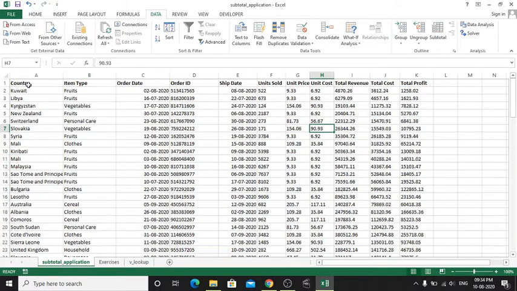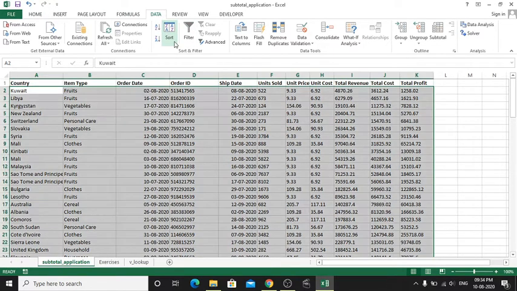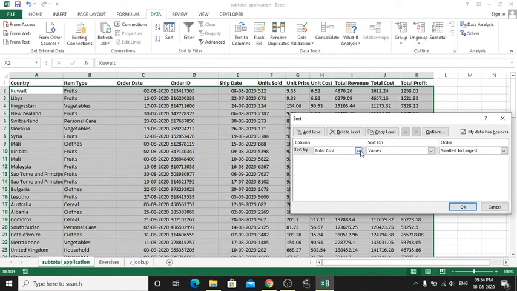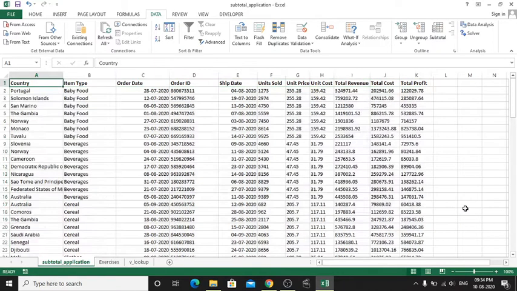So let's sort this data first. I'm going to the Data menu, and under that we have the Sort function. Based on item type we have to sort this data. Yes, now the data has been sorted by item type. So now we have baby food as a group, then beverages as a group, like that.